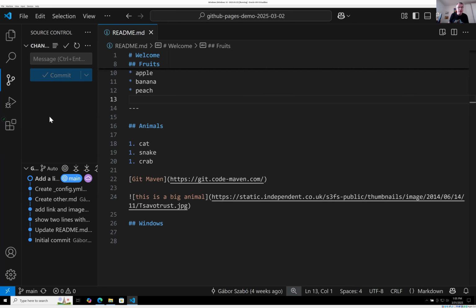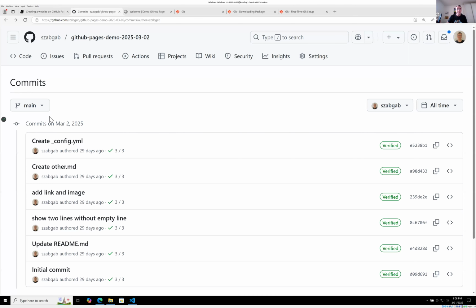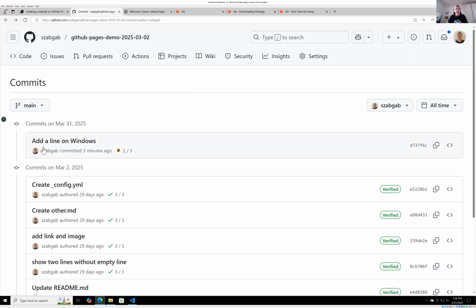So it managed to do this apparently, and it's unfortunate actually, because I wanted to show you how you have to authenticate here. So the story is that I already tried this, and apparently I haven't removed the authentication. So it already recognized me. If I go to the Git repository here, and I refresh it, Control R, you will see that there is this "add a line on Windows". So it was pushed out to